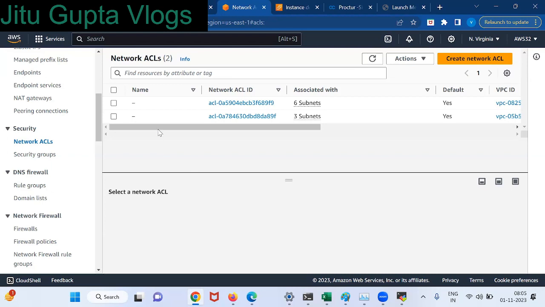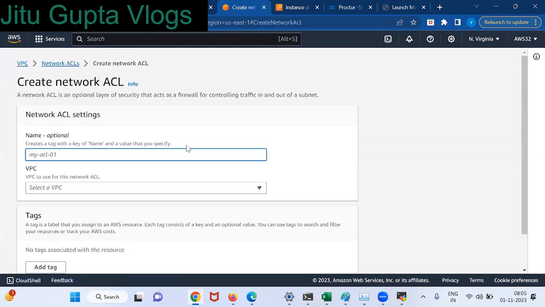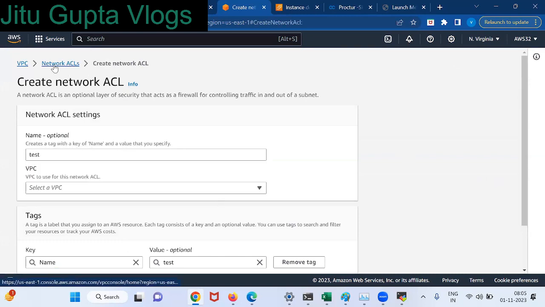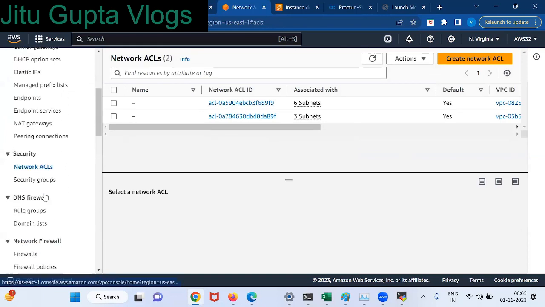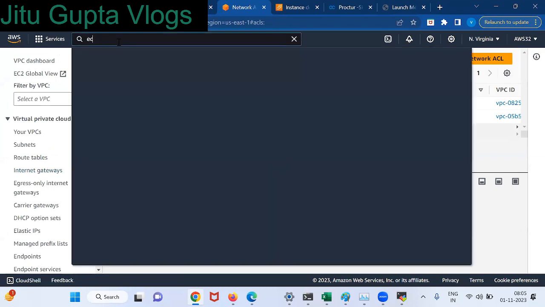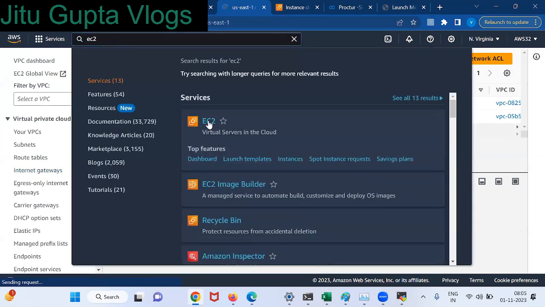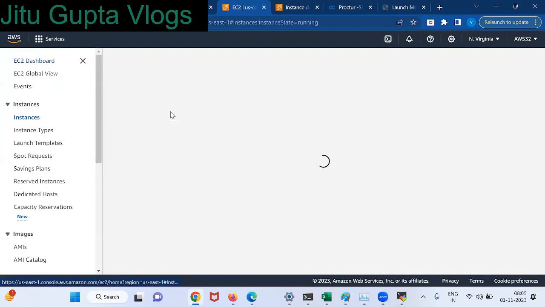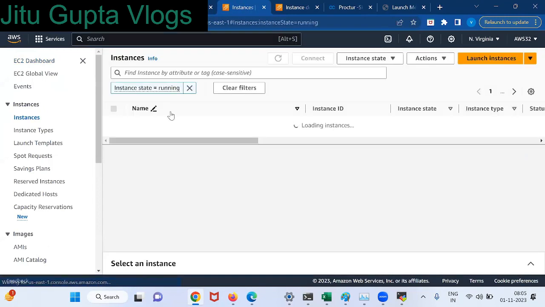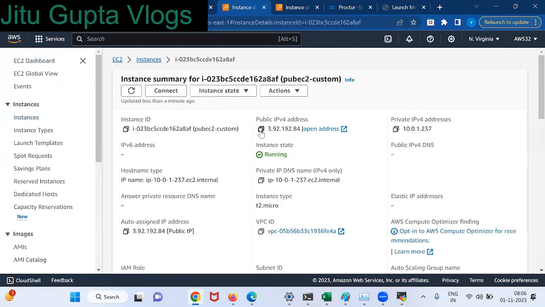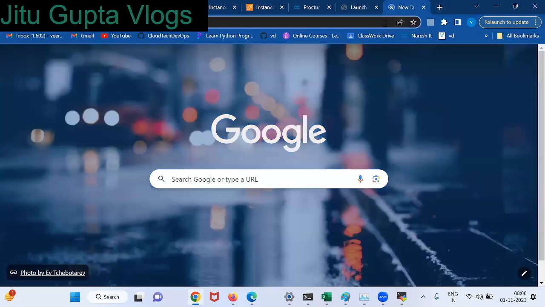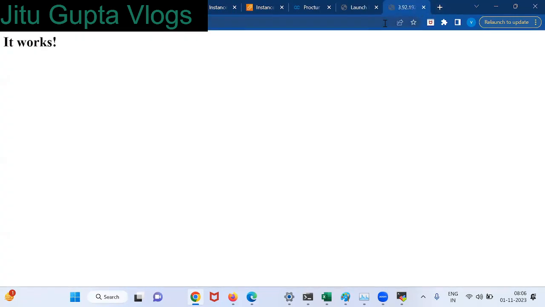If I create one now, for example, test. Okay, let me check. So my instance is running now, right? I'll go to EC2, test, public IP request. Public EC2 custom, right? So the public IP works fine, right?